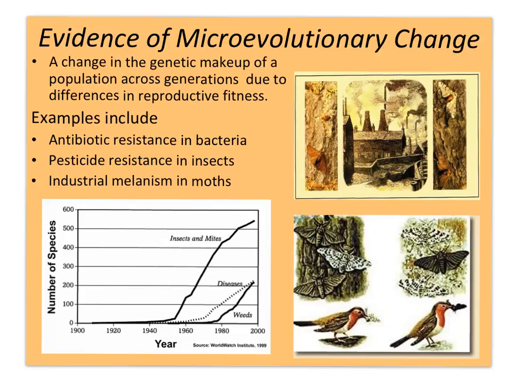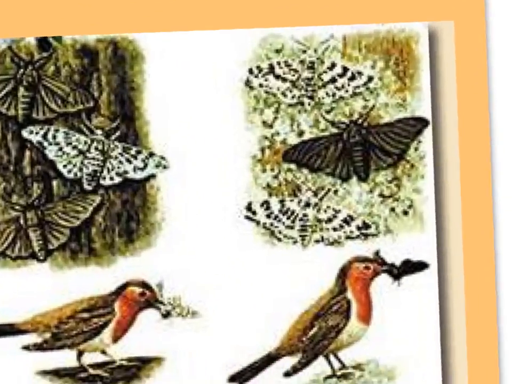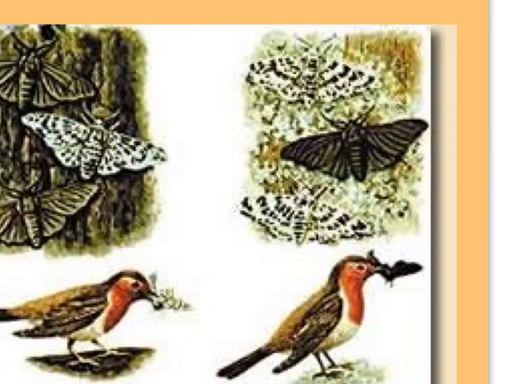The beginning of the Industrial Revolution. Before that happened, most of the tree bark was light with lichens on it. These lichens are a mutualistic combination of fungi and moss. Okay, and it was pretty much white tree bark. And if you notice on the right, upper right, the white variant